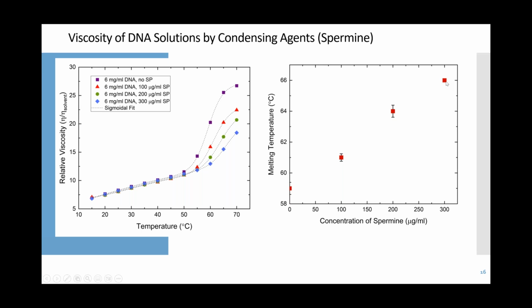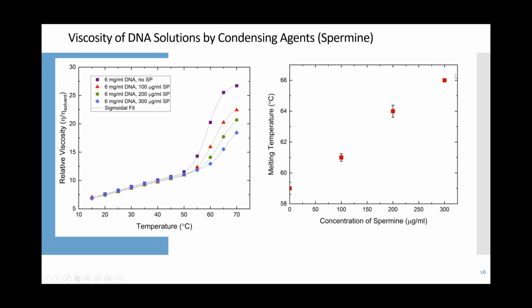Spermine is a cationic component that, when added to the DNA solution, associates with negative charges on the DNA structure and neutralizes the charge. And so the internal electrostatic repulsion decreases, as I explained a few minutes ago. The molecule undergoes a conformational transition to a condensed or collapsed structure and forms a toroidal shape. So the active volume fraction of DNA drops, and this is the mechanism why viscosity drops in the presence of